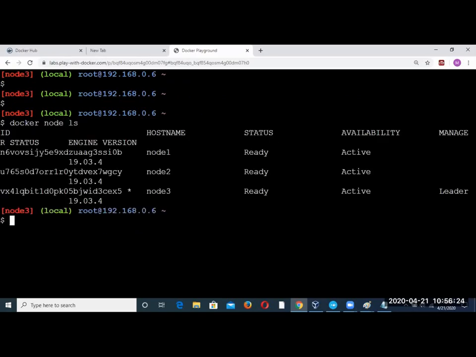LS is for listing. See what it shows here. It shows 3 nodes, 1, 2 and 3, right? And at the end column you see the leader is node 3.